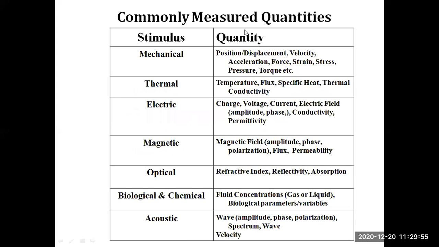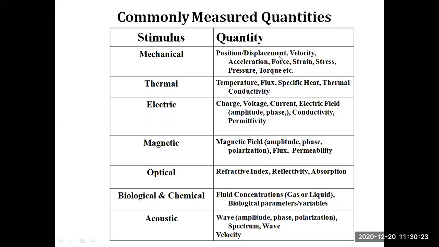So these are some of the commonly measured quantities. So we have that the sensors measure. Right? So there are different groups. They can be mechanical type of sensors, or thermal sensors, electrical sensors, optical, biological, acoustic, or even magnetic sensors. And under each type, there can be a variety of different sensors for measuring